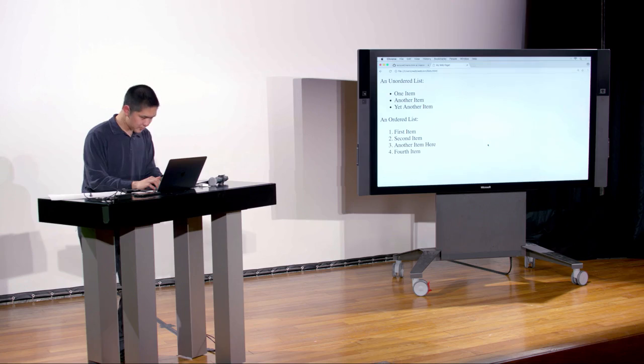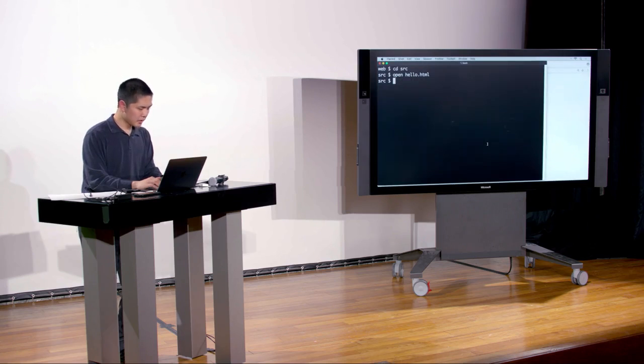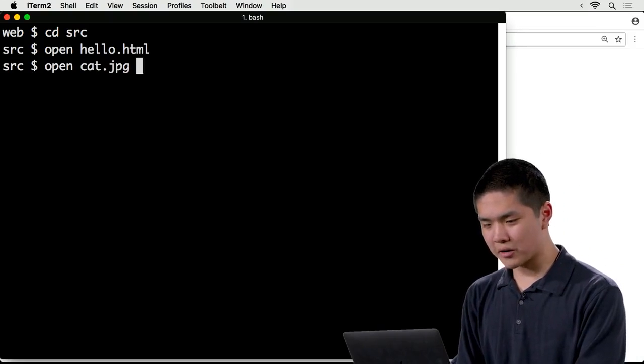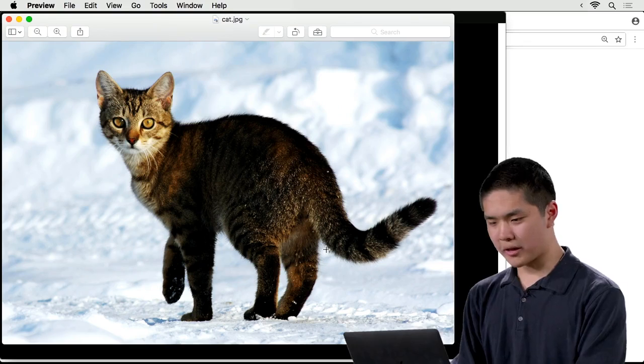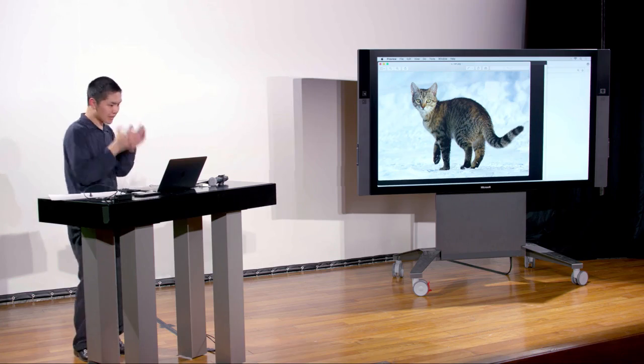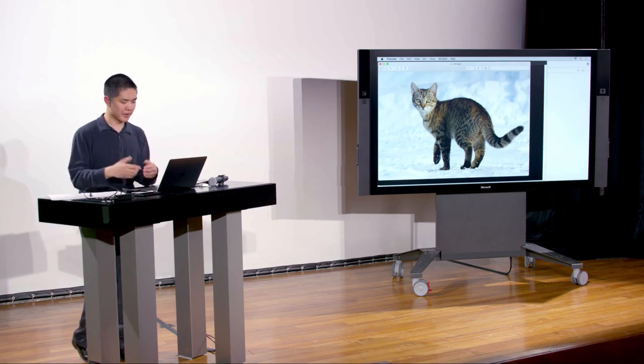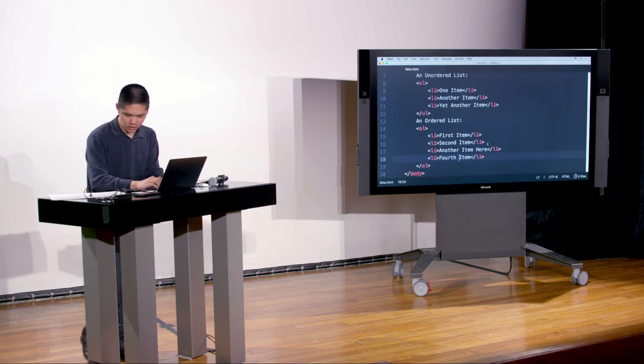And so inside of my source folder, where I have all these HTML files, I have a file called cat.jpg, which is just a photo of a cat. And maybe I want to take this photo of a cat and I want to put that onto my web page. How might I go about doing that? Let's take a look now at